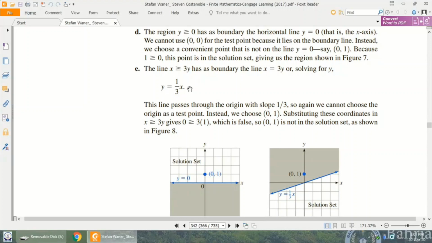As you can see, you can't keep it as 0 and 0, so you can't have a test point really, and you can't assume x as 0 in this case, because this whole equation would be 0 in this way. So if x is greater than 3y, which means that y cannot be 0 at that point, so it has to be some minimum value 1. But if you have a minimum value of 1, and given that x can be 0, assuming that x is 0 in this case would be a false notion,